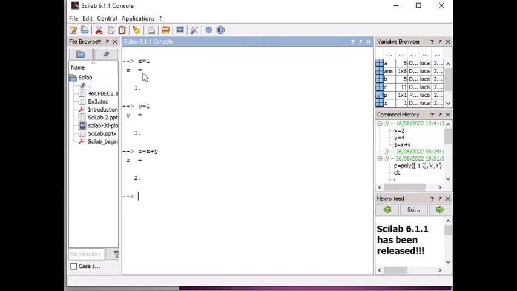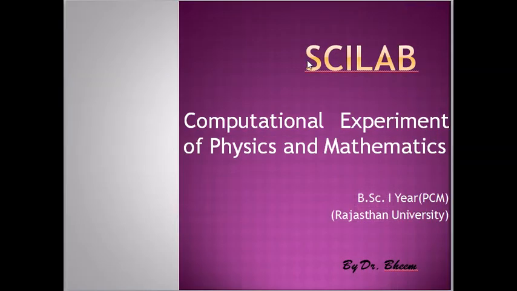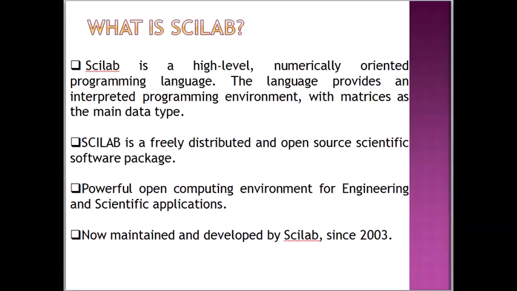Here if we type x is equal to 1 then we get x is equal to 1, y is equal to 1 then we get y is equal to 1. If we need to sum both variables, then we write z is equal to x plus y, then the output is z is equal to 2, right? This is the introduction to our software.